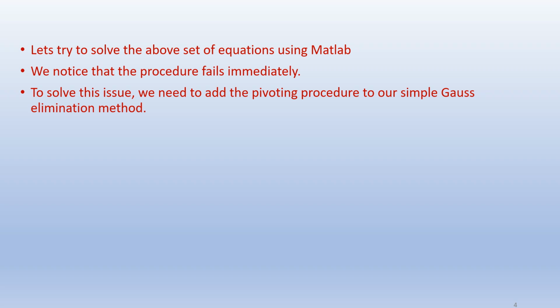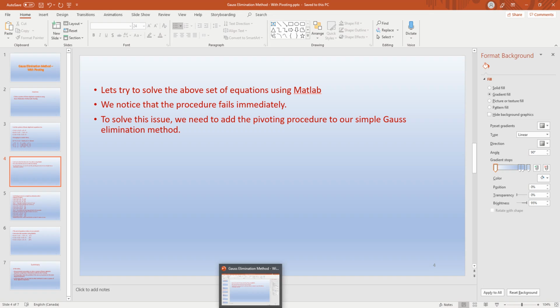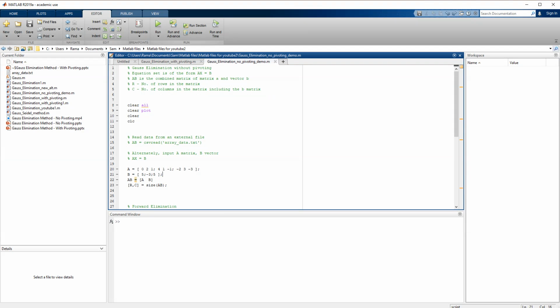When you try to solve this equation using the unpivoted version of Gauss elimination, let's see what happens. So in this particular program, this is Gauss elimination with no pivoting involved. The A matrix is given here and the B vector is given here. And when you try to solve this